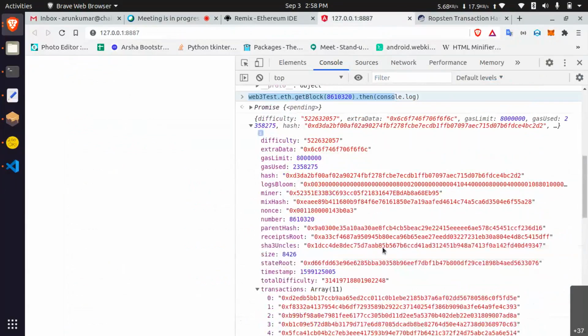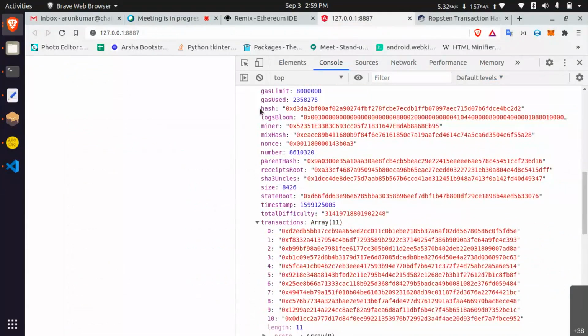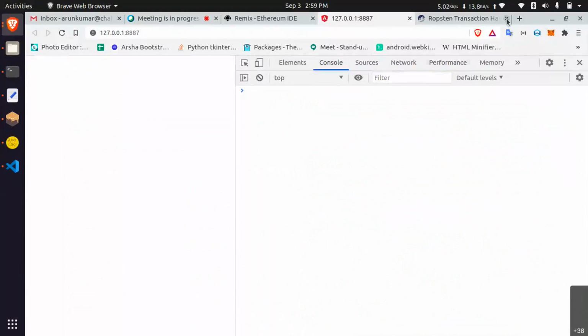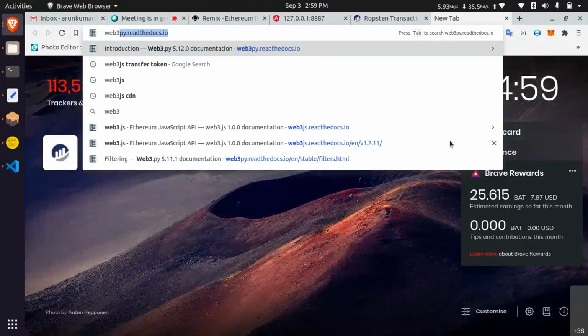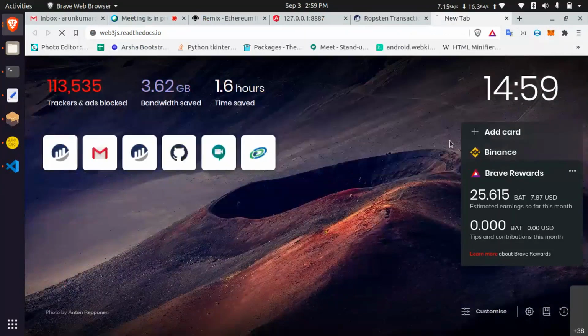web3.eth.getBlock, and then you have to show the block details. Okay, you can see the hash, block, miner, mix hash, all the things. For Web3.js, you have to read the docs.